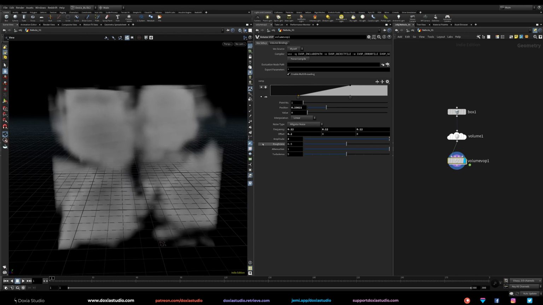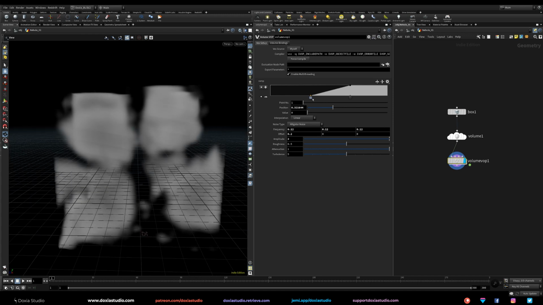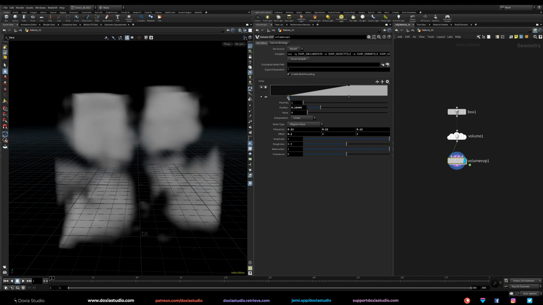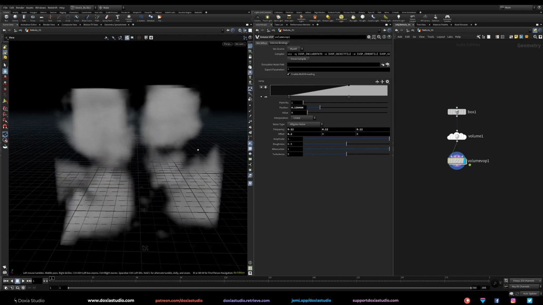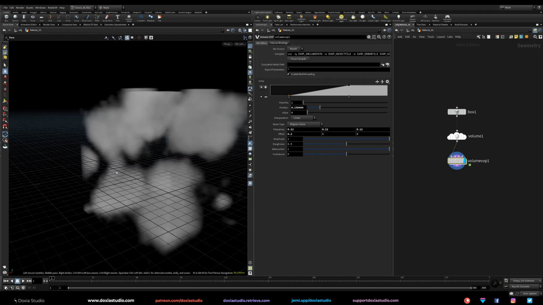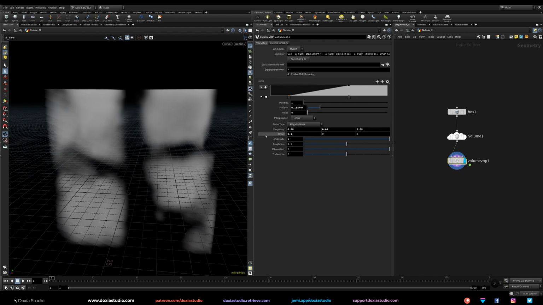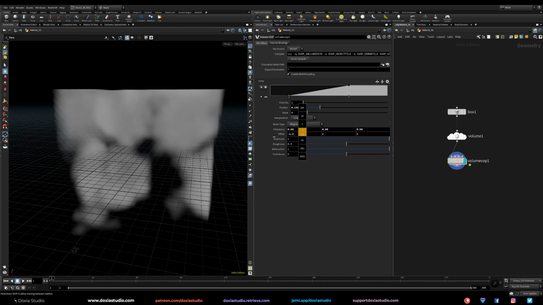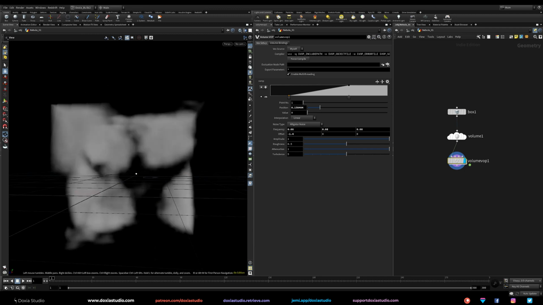Don't mind that. On the amplitude, you increase the higher values, right, and the dark values. But you can see we got more of a cloudy shape. I like this one. Let's not cut out that many points. Okay, and I can see that we got a lot of smoke, so let me decrease a bit the frequency. Okay, so we have bigger. Right now I'm just art directing.